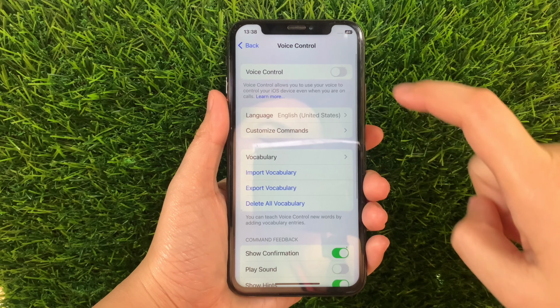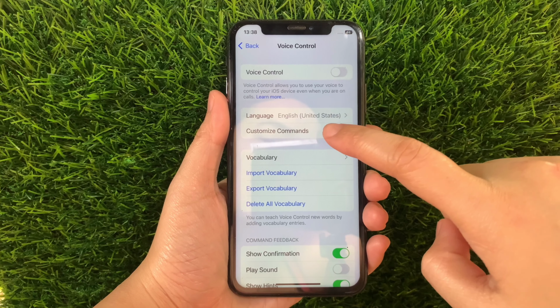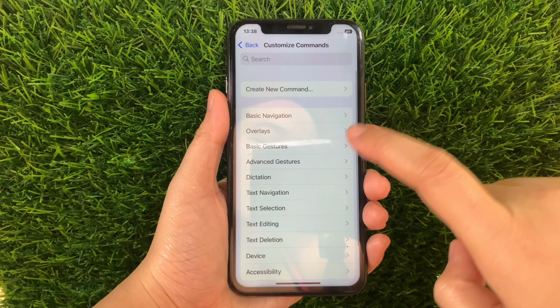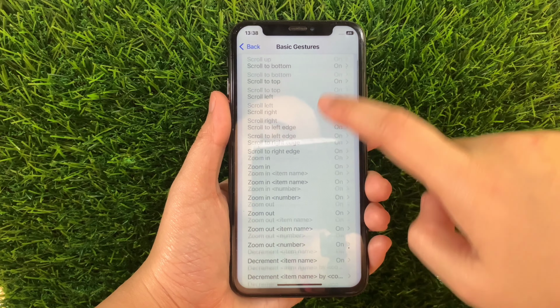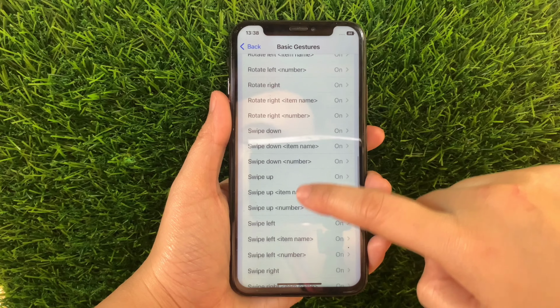Then in the voice control, go to this section and then tap the customize commands. Then in the customize commands, find and tap the basic gestures. And then after that, in the basic gestures, scroll down again and then find and tap the two-finger double tap